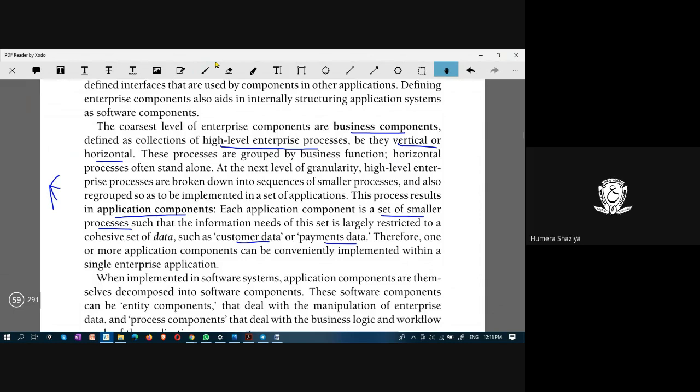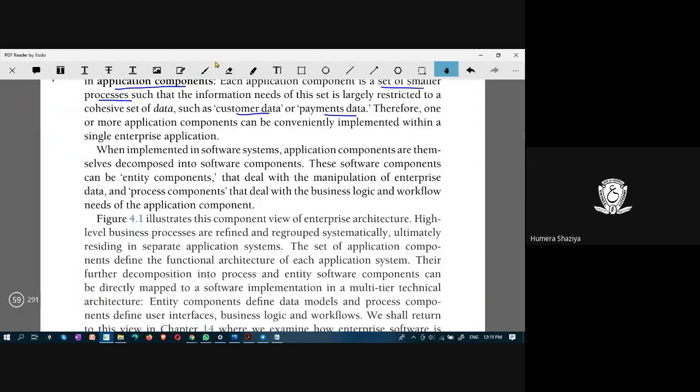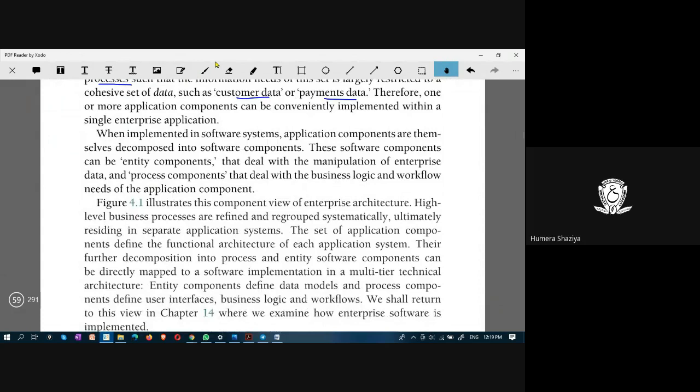Business components are at a coarse level, meaning at a very high level. This will result in application components that can keep track of customer data, payments data, and so on. And when the software system is implemented in the form of application components,